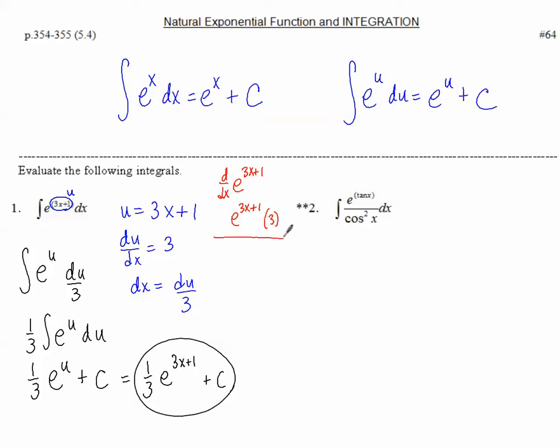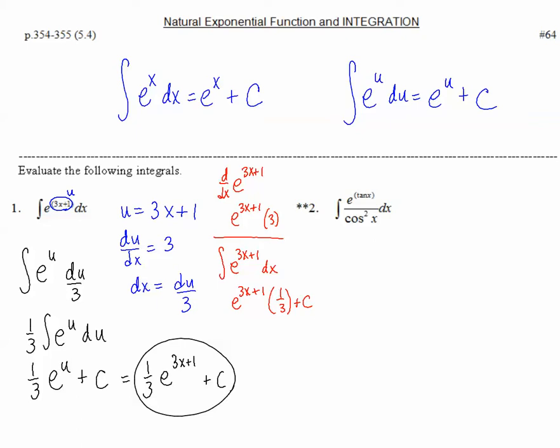Well, if I'm going in the reverse process, the antiderivative of e to the 3x plus 1, what's the reverse process of multiplying by that derivative? That's right, dividing by that derivative. So 3x plus 1 in the exponent times 1/3. Of course, remember the plus c. So I don't have to go through a fancy u substitution, although trust me, it's helpful if we just stay